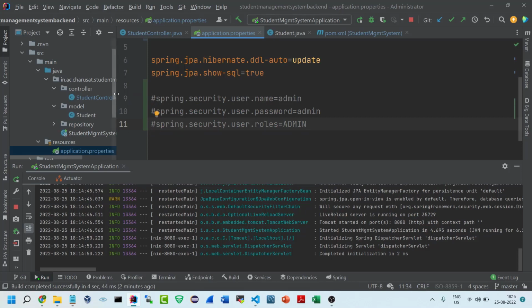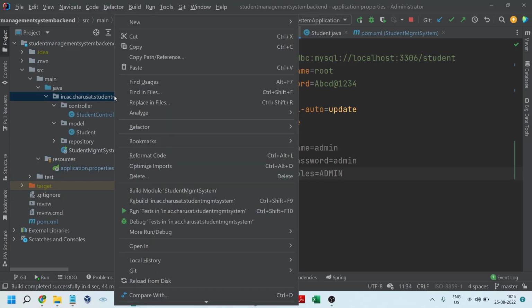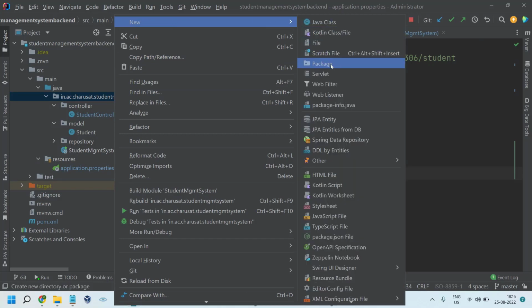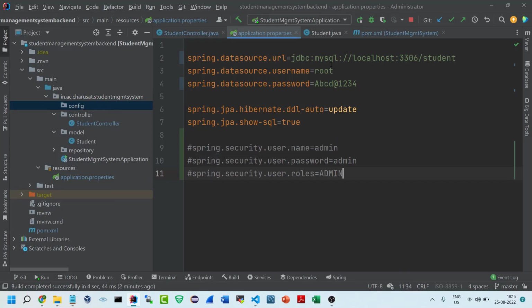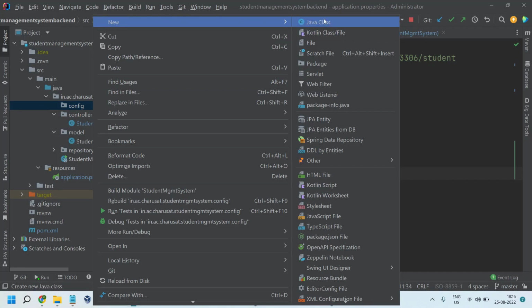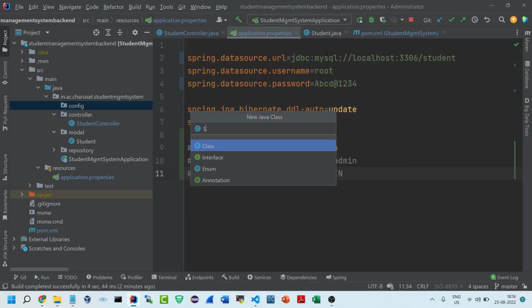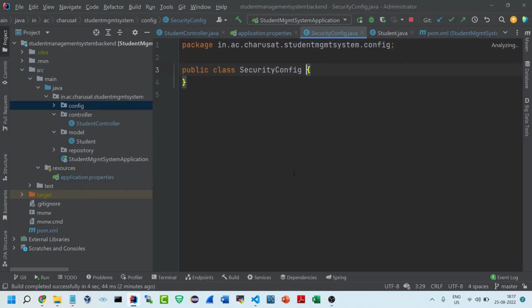Okay, so to introduce the concept of in-memory authentication, I'm going to create one new folder called config, and inside this config folder I'm going to create a class called SecurityConfig. Okay, but before writing anything inside this SecurityConfig class, let me explain